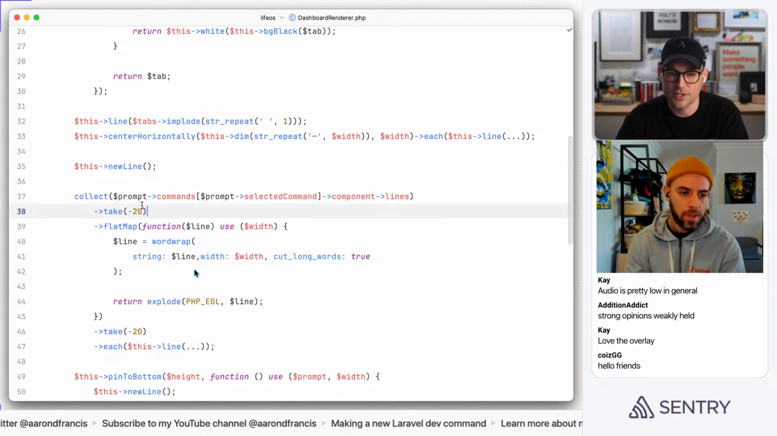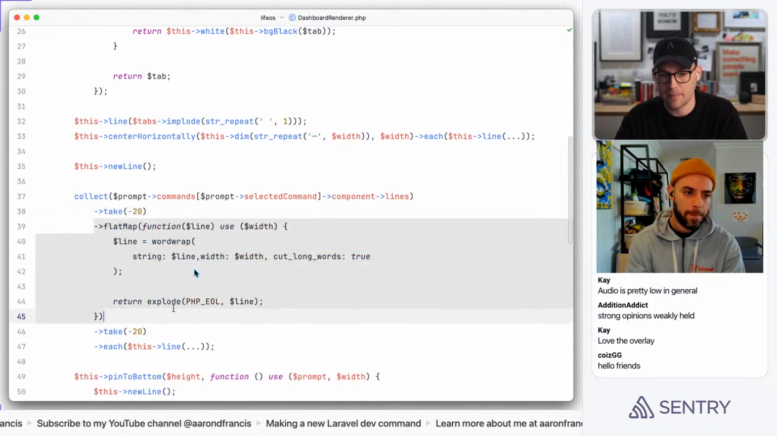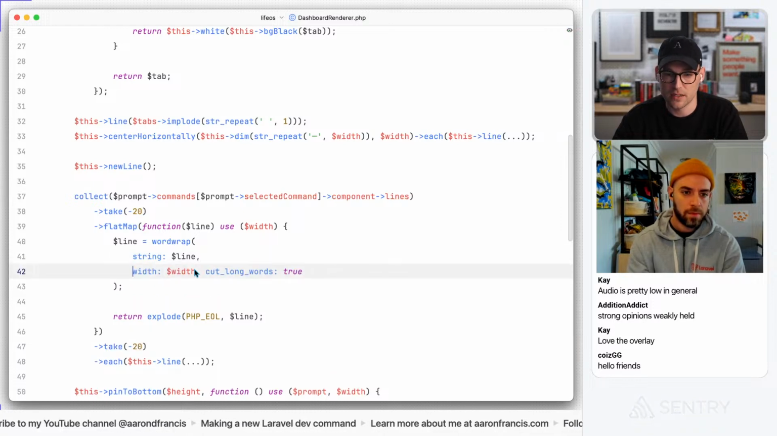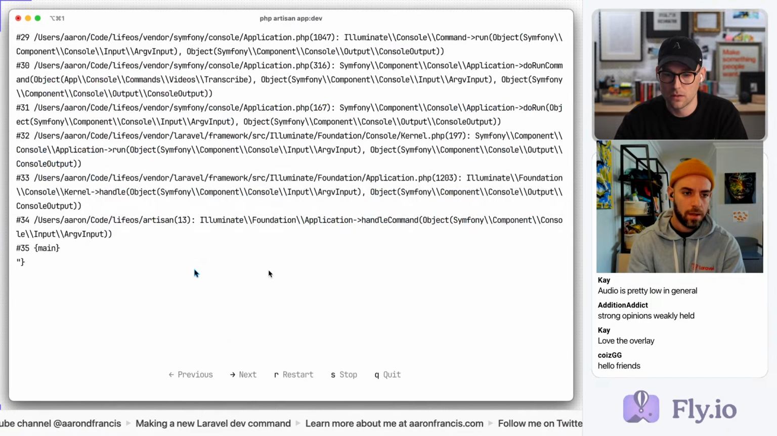Yeah, I'll take over. So we're taking the last 20 to limit how much we have to flat map, and then we'll likely end up with a few extras. So we're taking the last 20 again. Yeah. So now if we stop that and start it again,